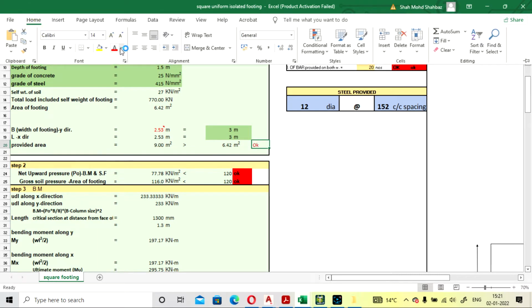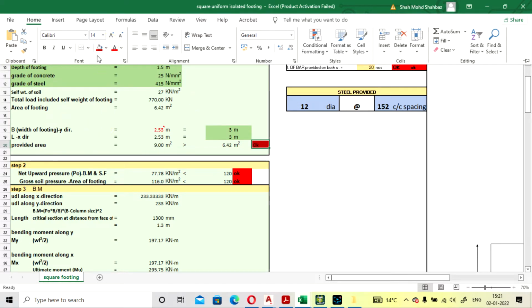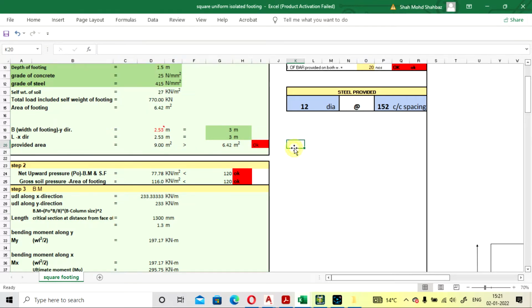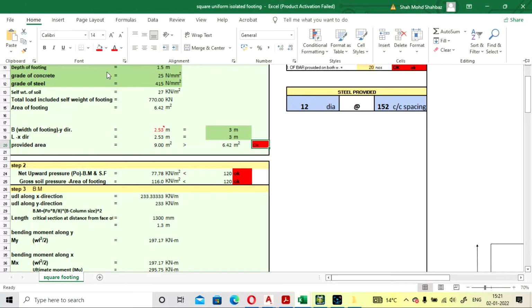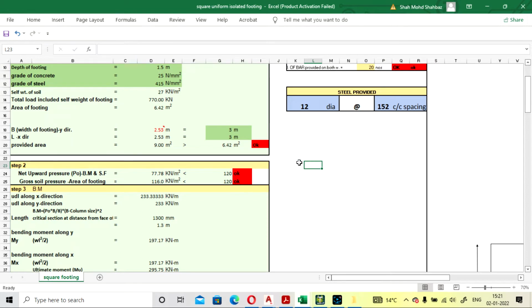You have to check this in every column where it is mentioned. So here it is okay.